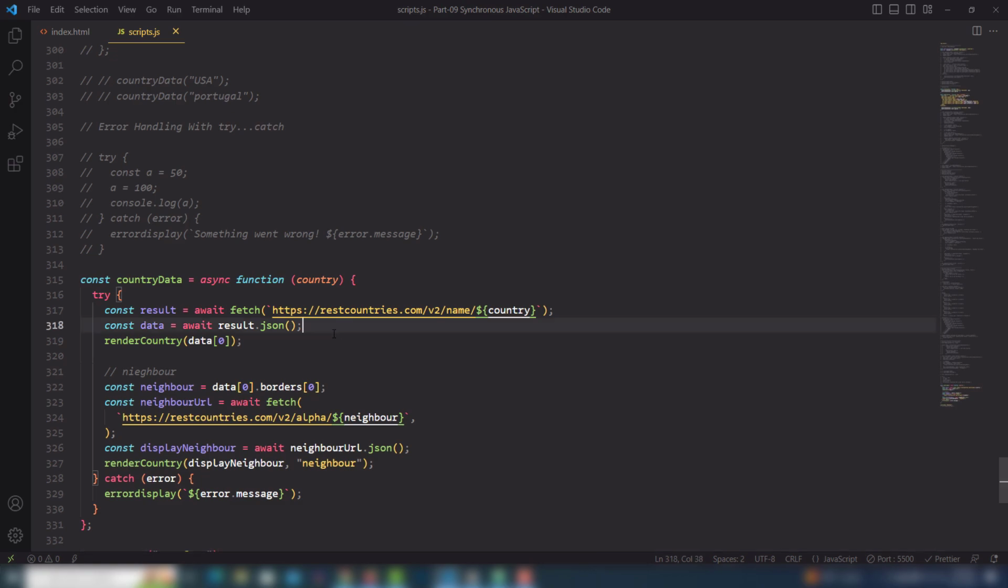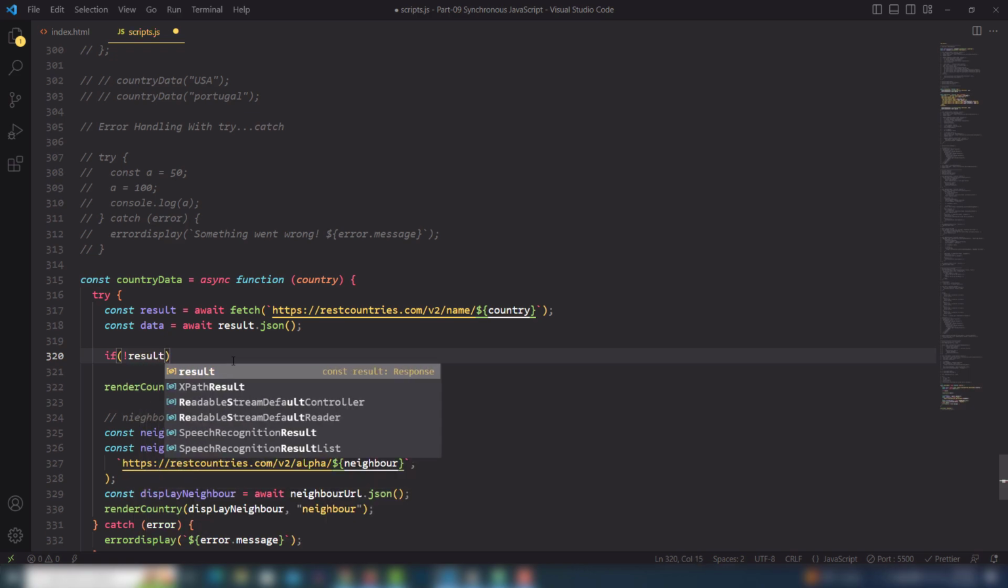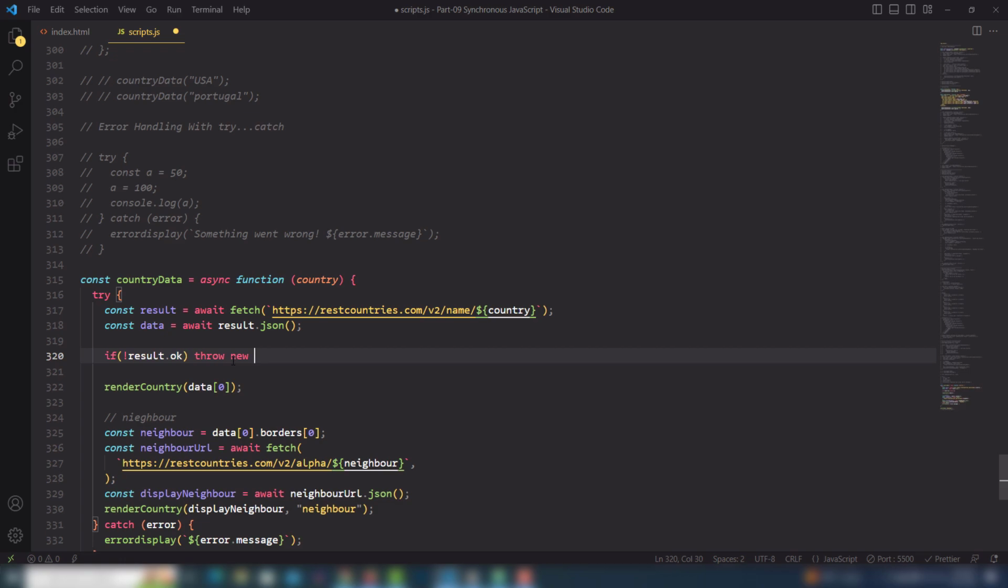So after the JSON, not dash, after the JSON, I will use if, and I'm going to target my data. This one variable, data, will get the data from the API and convert that into an object. Inside that there is a result key, so I'm going to target that. If the result is not okay, meaning it is false, use the throw and create a new object of the error, and I'm going to write country not found,